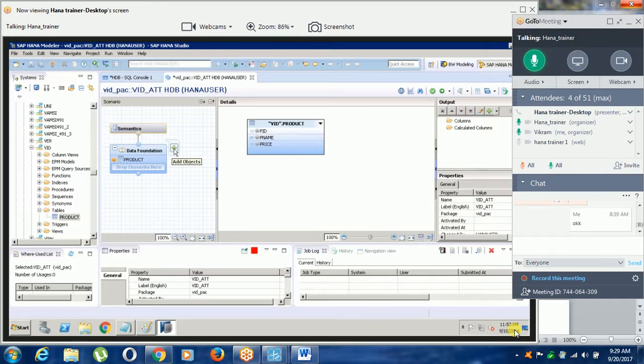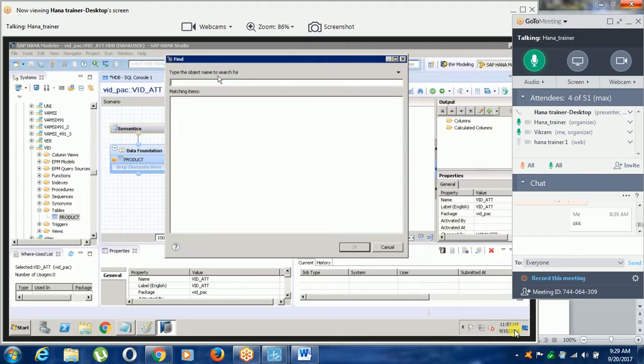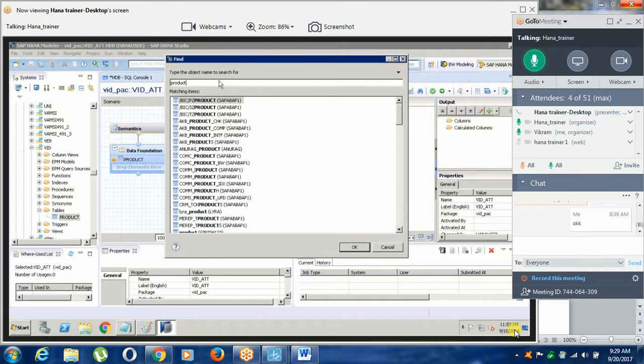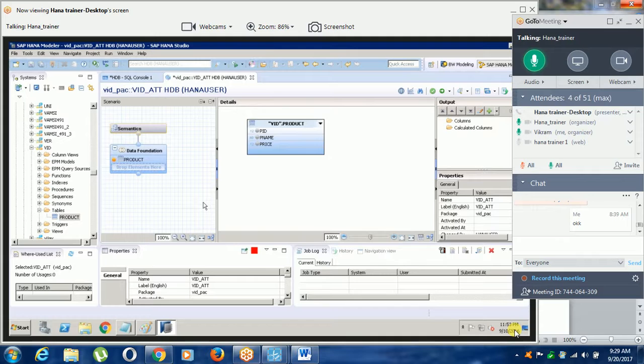Here is add object. You can write the name of your table, and you can find your object in this list. But you can just drag and drop also. It is easy. What is this minus sign? This minus is collapse, expand.